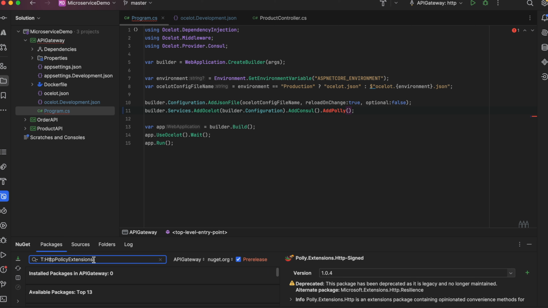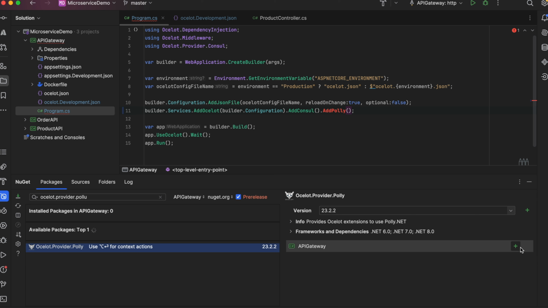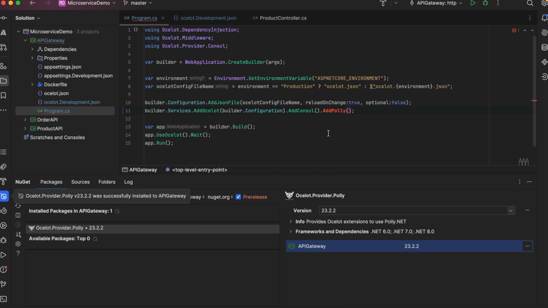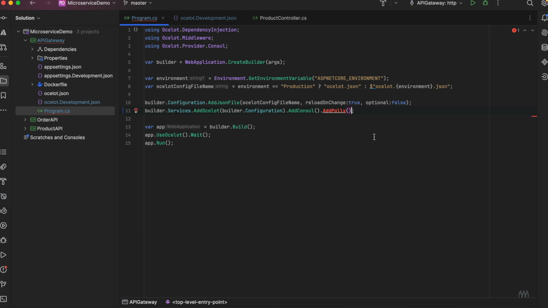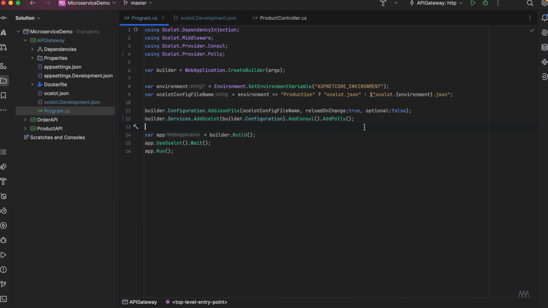It's Ocelot dot Provider dot Polly, I guess. Yeah, this one. Let's install this one. It's installed. We have got the option. Let's do this one. Okay, so this is implemented.